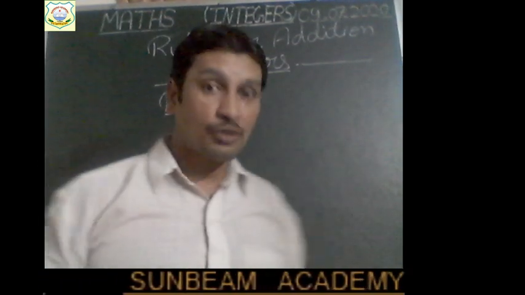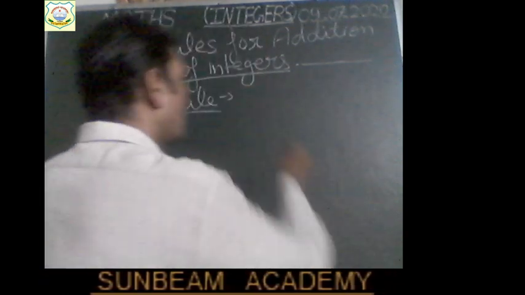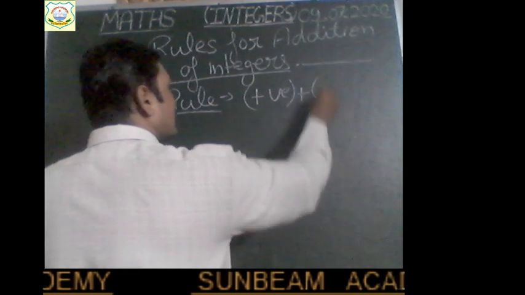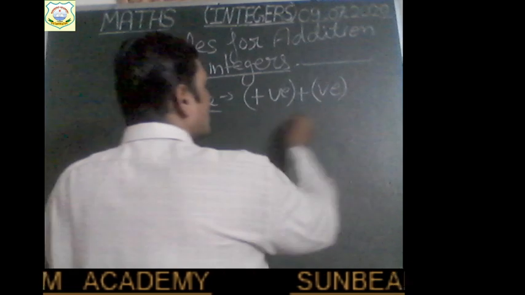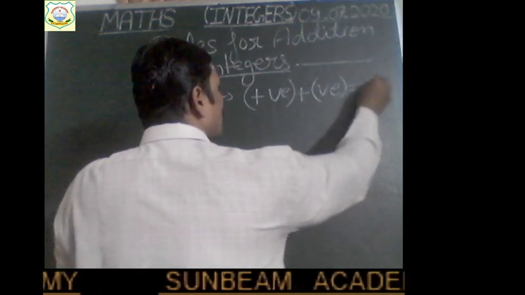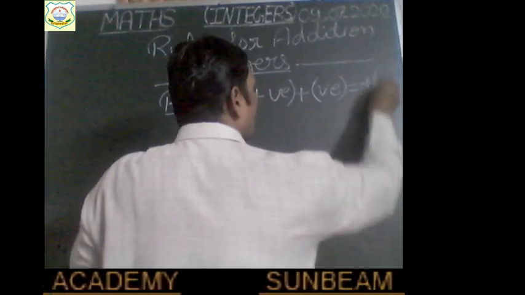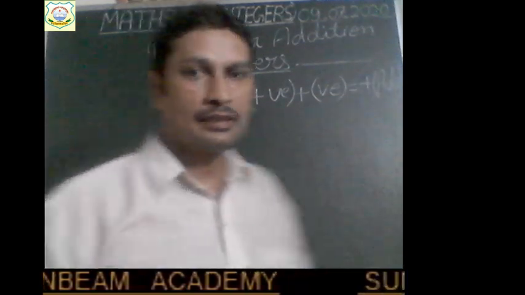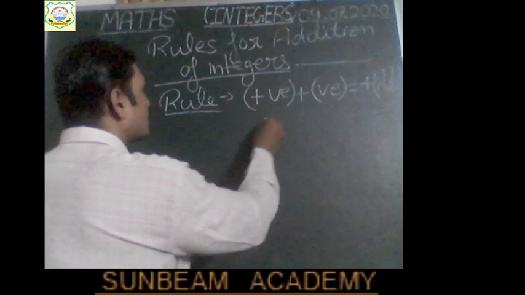When we are adding two positive integers, okay children, two positive integers, then what will we do? The first integer is positive and the second integer is positive. Both are positive. Then what will we do? We will put a plus sign and we will add. The values will be added. It's so simple. For example,